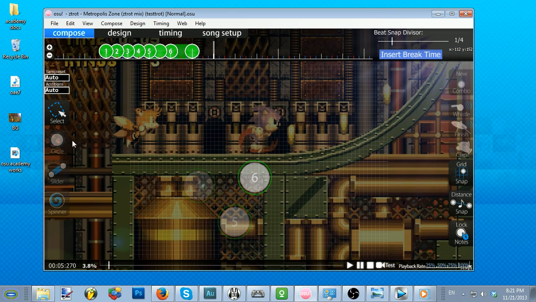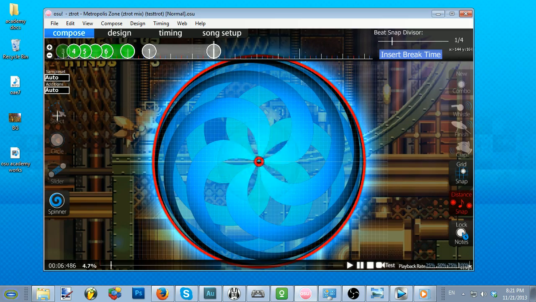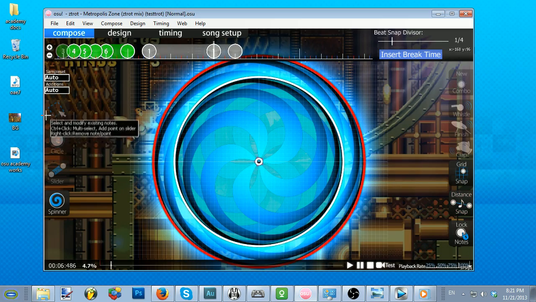These will allow you to set a spinner and its length. You can left click where you want the spinner to begin and right click where it should end. The New Combo button allows you to select a new combo and remove one by clicking it when highlighting a